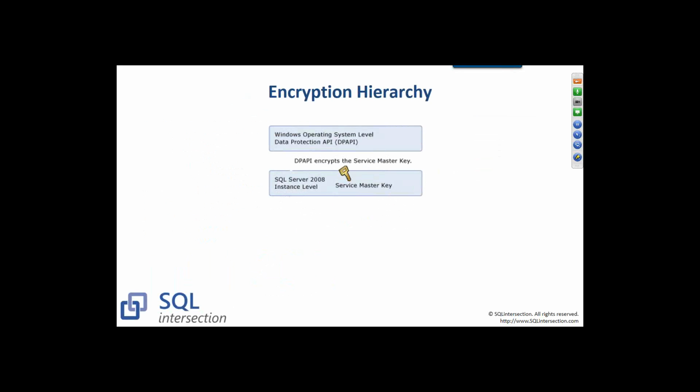There's an API called the Data Protection API. You'll hear it called DPAPI. That's very common out there. It's been around since Windows Server inception. But basically it takes components of the Windows operating system and uses those to encrypt things. The reason why that's important is because if you were to take the encrypted item off of that machine, it could not be decrypted. So it's kind of a physical premise thing where